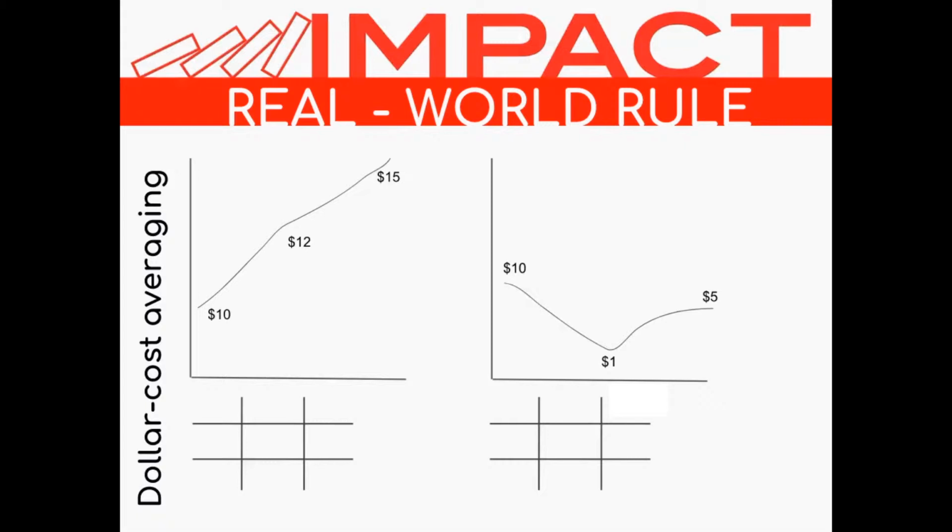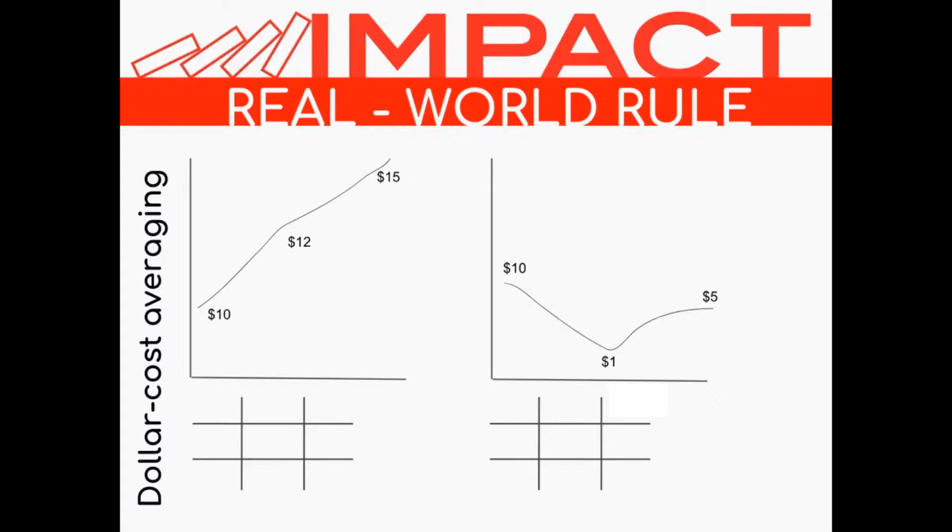But then an even more powerful explanation of dollar cost averaging is looking at these two graphs here. The graph on the left is the example of an increasing market, and the graph to the right would be a volatile market. If you asked anybody which they would prefer to invest in, it probably wouldn't be much of a question. They would look at the one on the left and say, well, I'd much rather invest in the one on the left because it's always going up. Well, that's the difference between lump sum investing and dollar cost averaging.